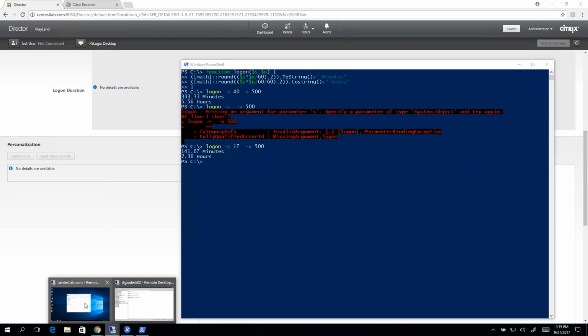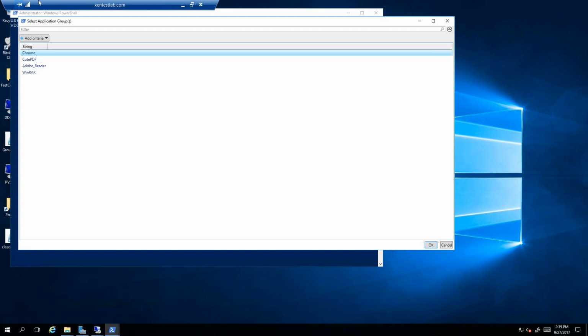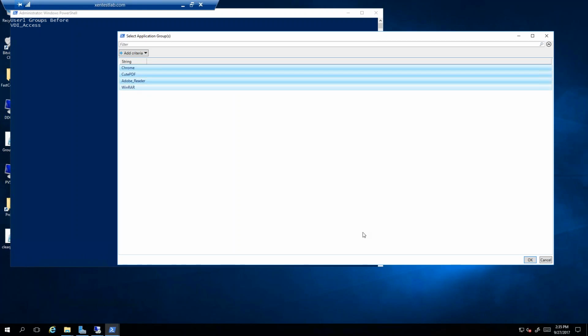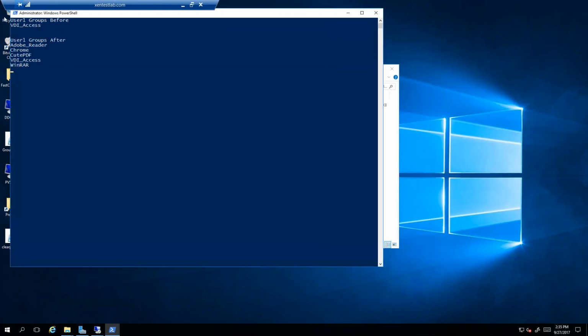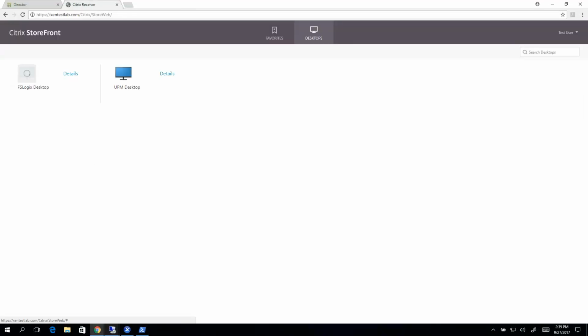And I'm going to come over here to the domain controller and run another cool PowerShell script I created. This is going to show me the groups this guy's in right now, which is VDI access, just gives him access to the desktop. And now I'm going to add him to these groups. All right, so now he's in these groups. When I log on now,